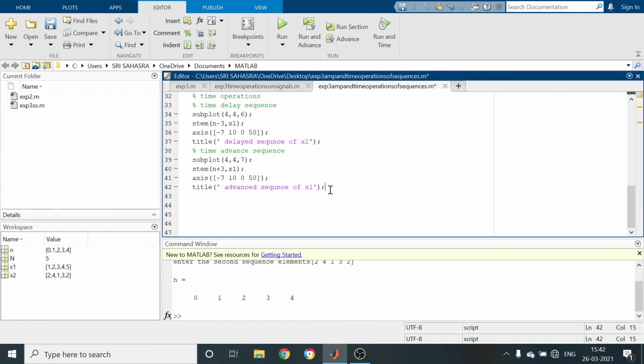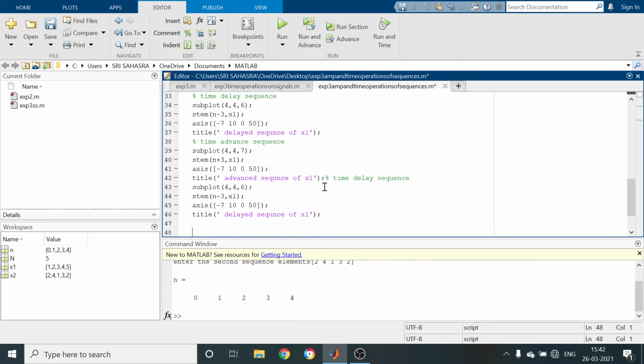So similarly we are having time reversal and time scaling. Time reversal of x1, 4 comma 8.